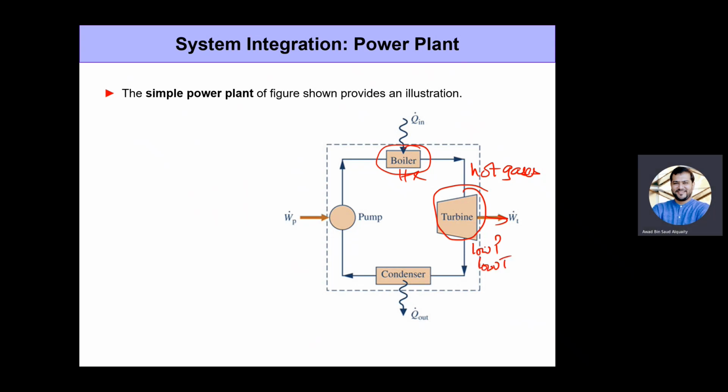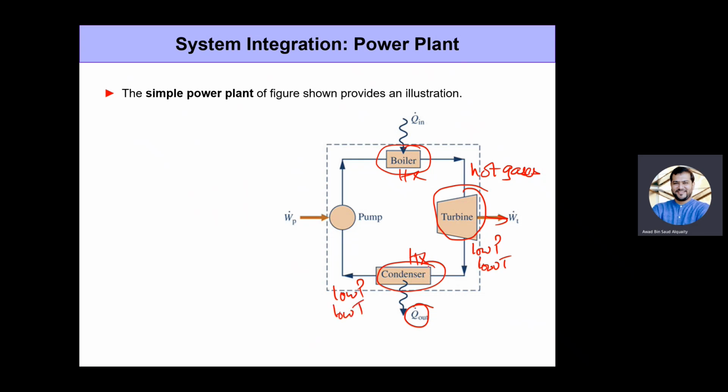But we want to reuse this fluid. So typically, if it's water, you want to reuse it. So what you do is you bring it back to some sort of an initial state, right? So you let it go through a condenser, which is another heat exchanger, where it rejects heat to the environment. So that's Q dot out going to the environment, and then now you are at low pressure and again